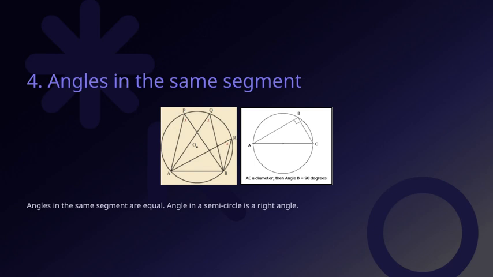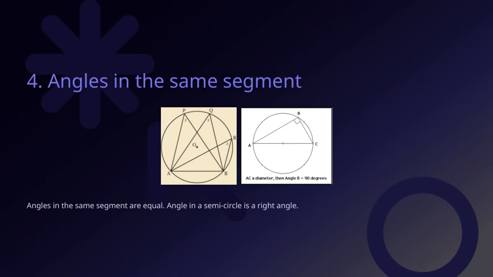Any angle inscribed in a semicircle, meaning, with its vertex on the circle and sides intersecting the circle, will always be a right angle, measuring 90 degrees. This is a very useful fact because it simplifies many problems involving circles and angles. So, to connect this to our overall theme, understanding these properties helps us analyze and solve geometric figures more effectively. Recognizing when angles are equal, or when an angle must be a right angle, saves us time and guides us